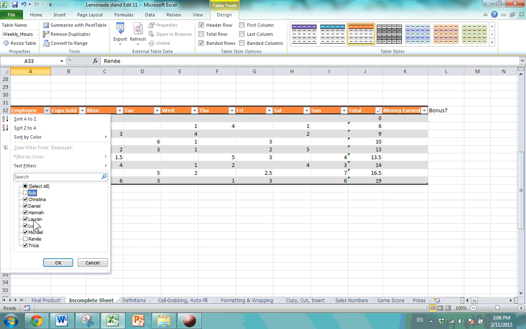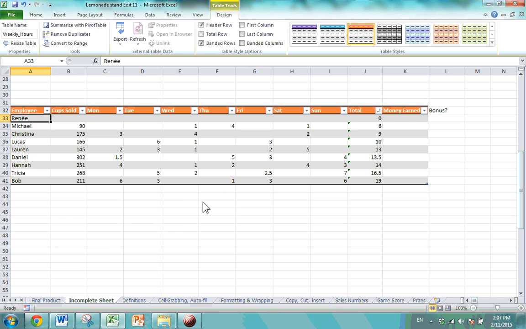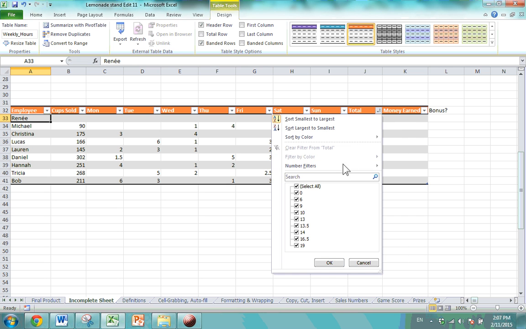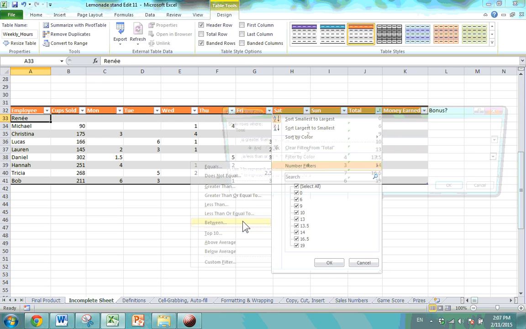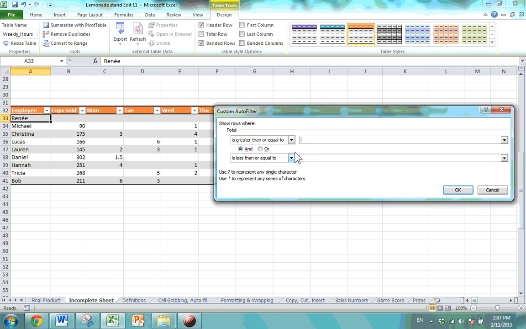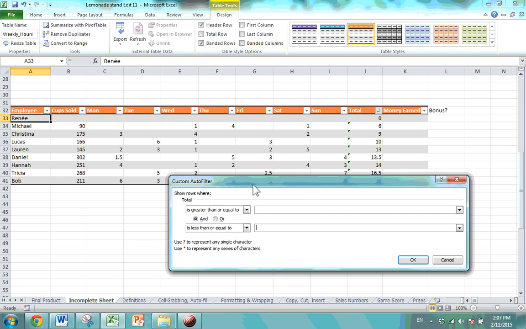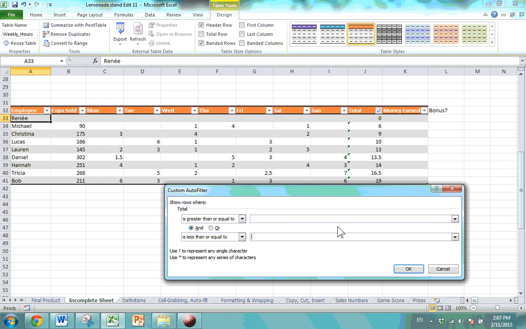We can get rid of certain things, certain people individually. If we have numbers, let's go by totals, filters. And we could say, all right, let's filter out things that are between. So we want maybe things, let's look at our data. Maybe between 8,